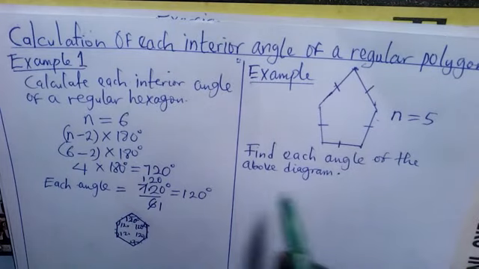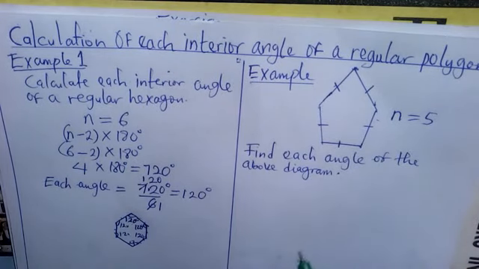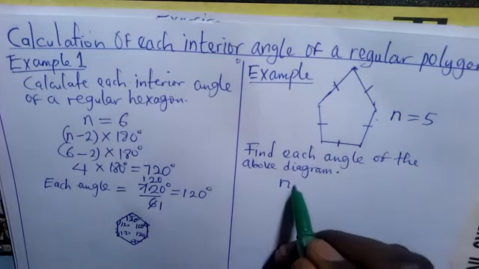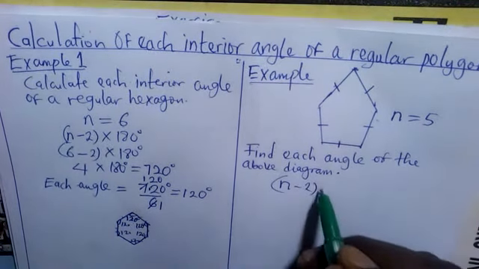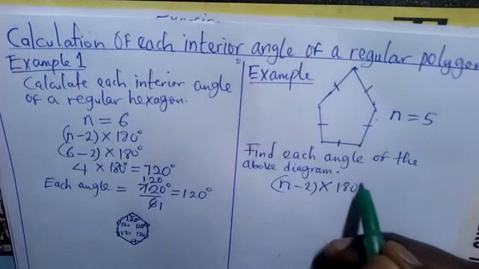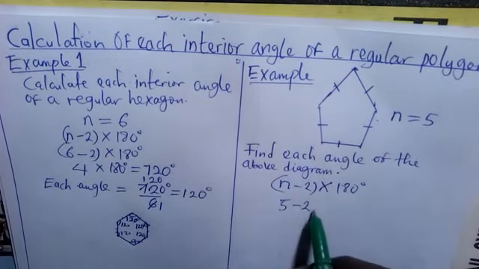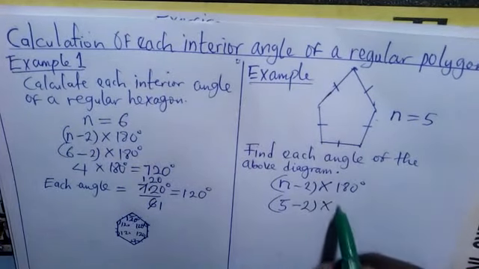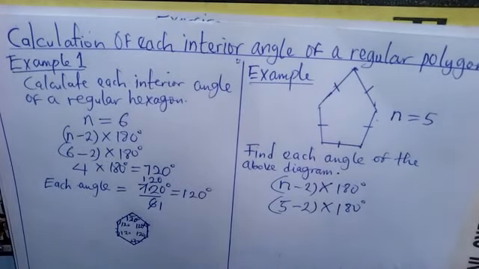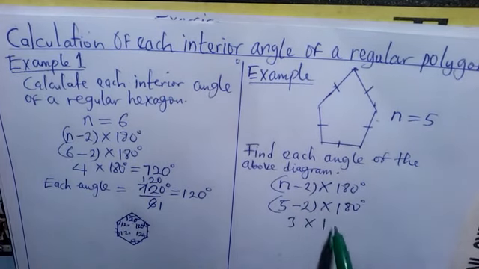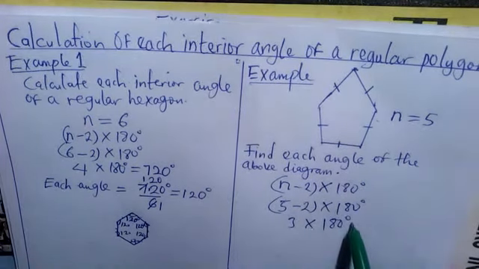Now to find each angle of the diagram, I need to know the total by using this formula: n minus 2 times 180 degrees, and my n is 5, so 5 minus 2 times 180 degrees. 5 minus 2 will give me 3 times 180 degrees, and this is equal to